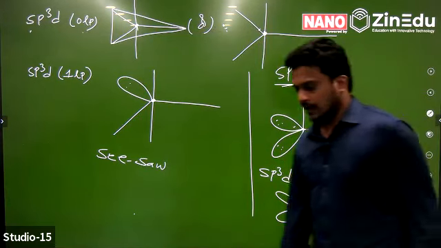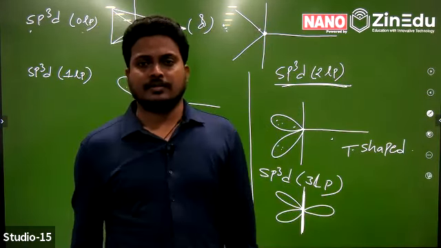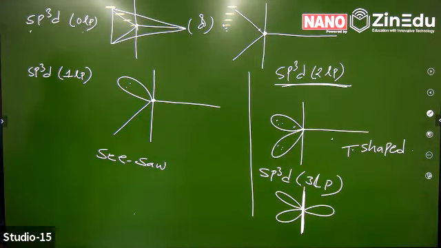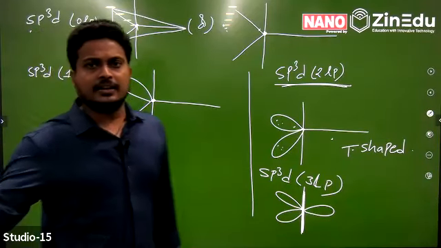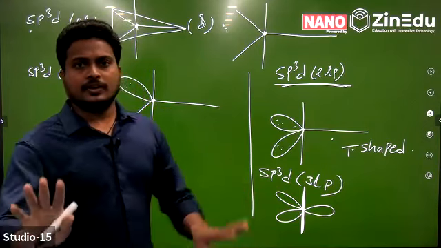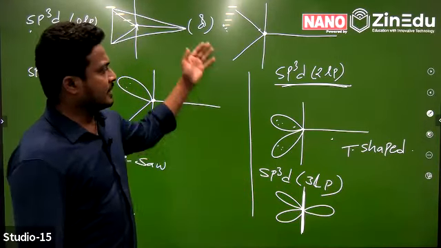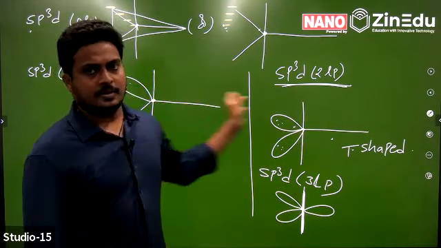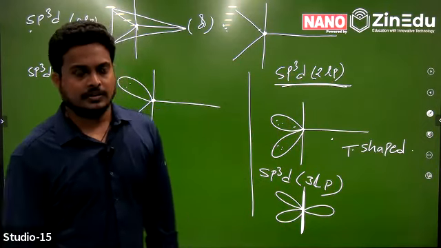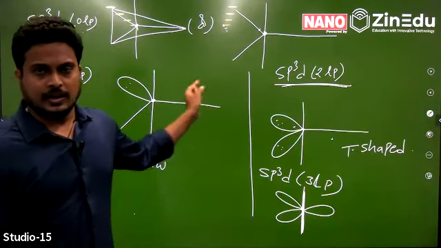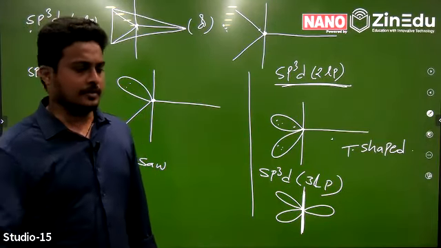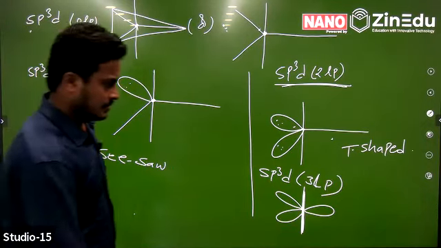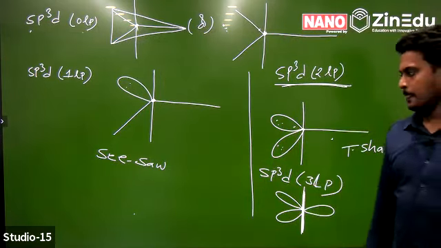Now I will tell you how to find hybridization and how to identify the geometry of the given molecule. This is the most important one. Already I told you, every year we compulsorily have one question related to hybridization: calculate the number of sigma bonds, calculate the number of lone pairs, or how many of the following are isostructural, right? Such types of questions are related to hybridization. Compulsorily one question only on hybridization.